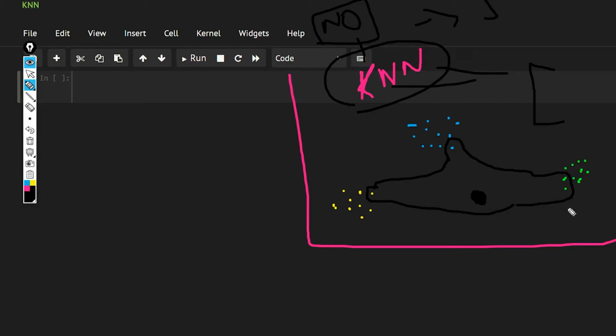Now what it is going to do is count. Let's suppose we only have 1 point of this class, and only 1 point of this class, but we have 3 points of this class.